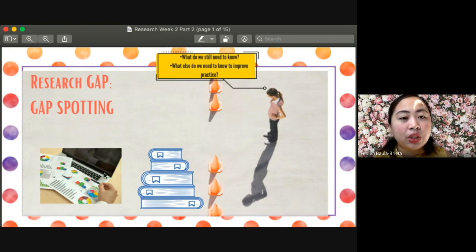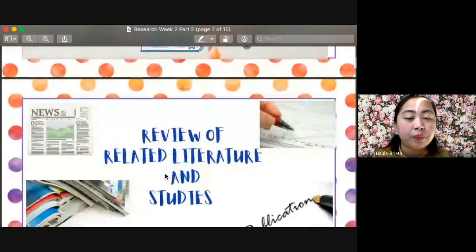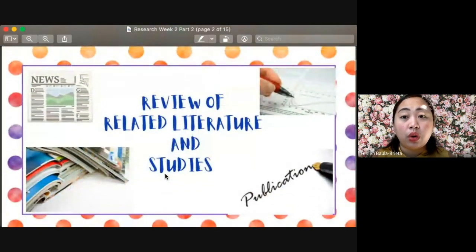Now, there are pictures here. These are clues, or these are the things that you need to do in order to bridge this gap. Or first of all, in order to spot the gap, to identify the gap. So you need to identify it before knowing how to bridge it. Once you have identified it, that's the time you would do all of this. The review of related